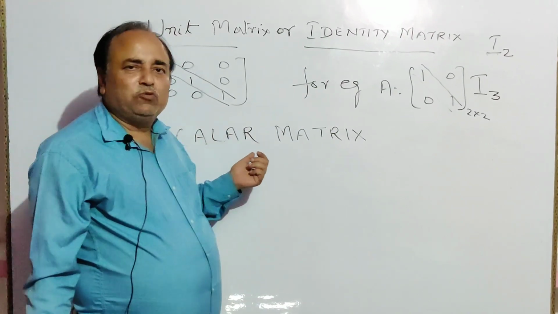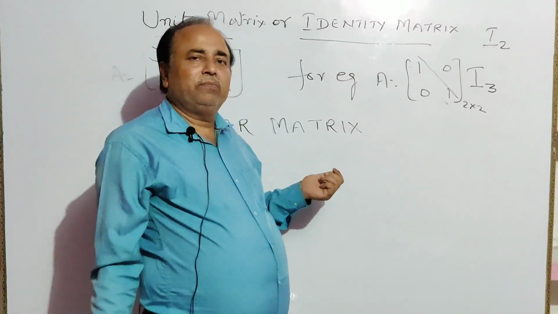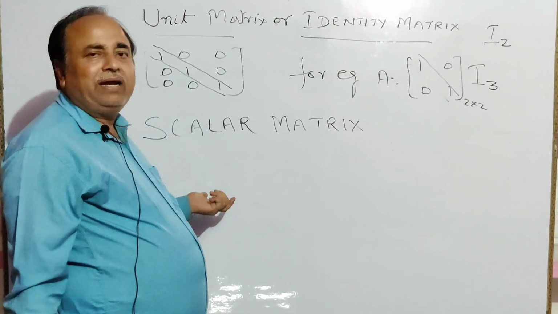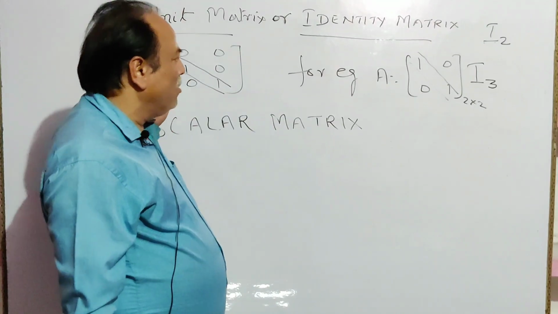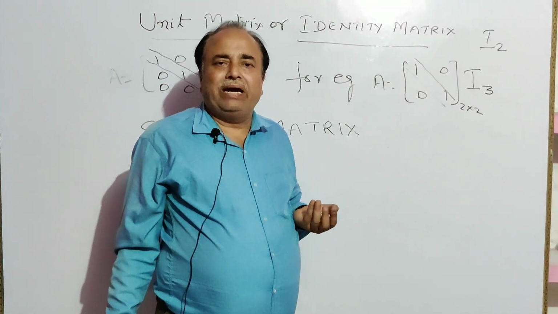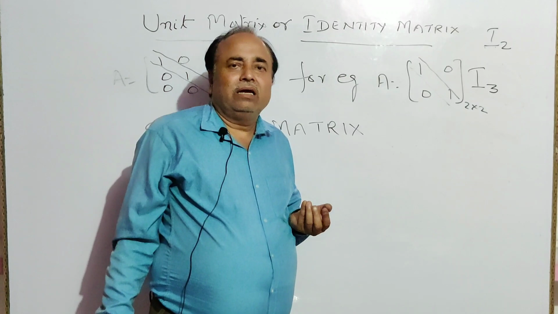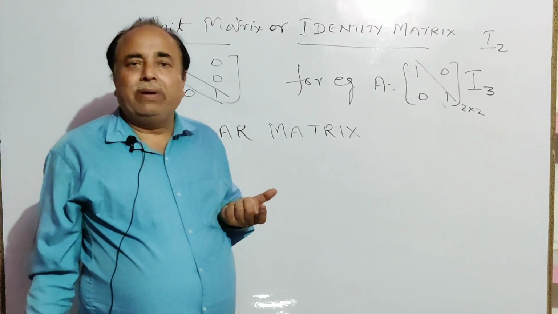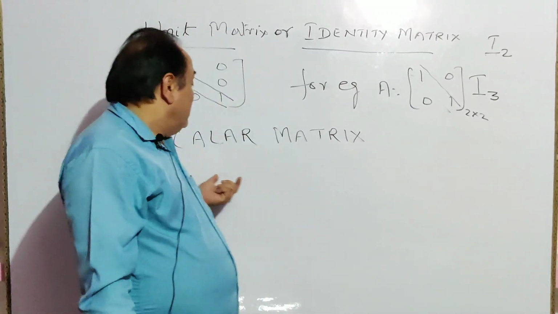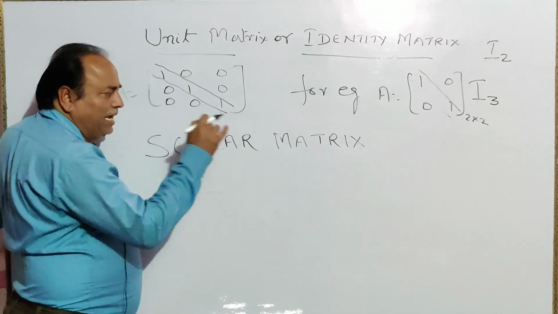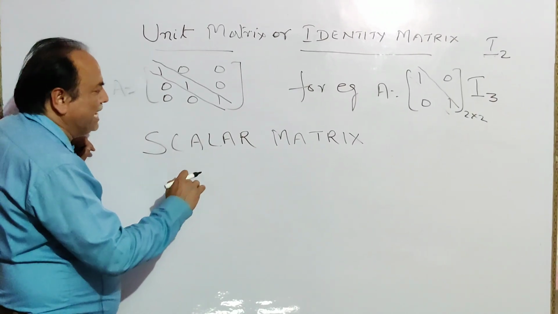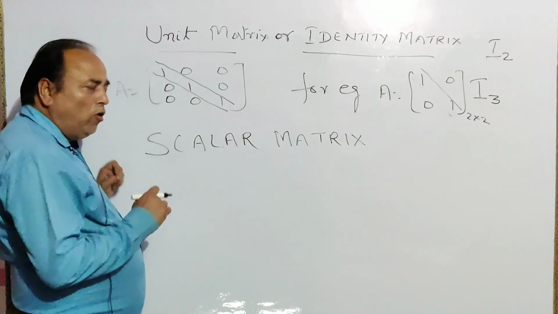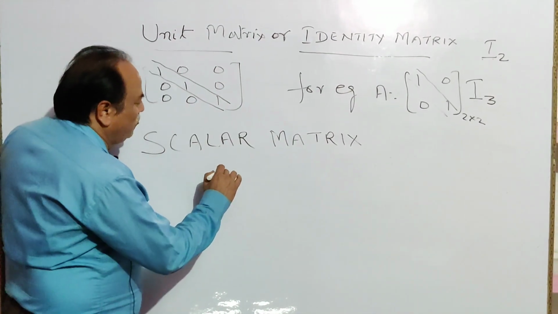Now we are coming to the next one, and that is the scalar matrix. Again, a scalar matrix is a square matrix. Now see, in all the matrices I am using the word square matrix, but in the diagonal and zero matrix I will not use the word square matrix. A scalar matrix is again a square matrix whose diagonal elements are the same and non-diagonal elements are equal to 0. For example,